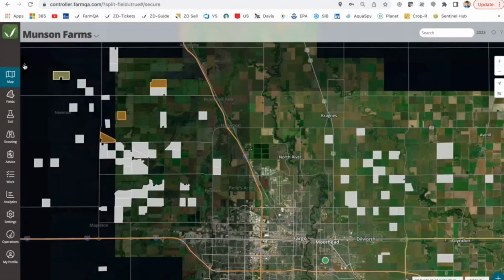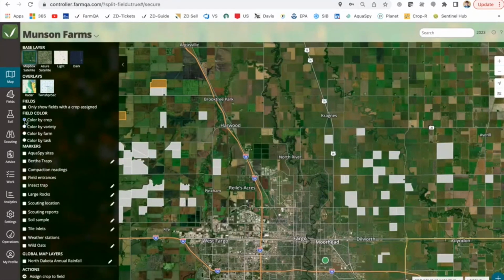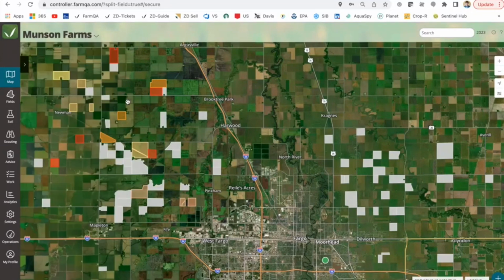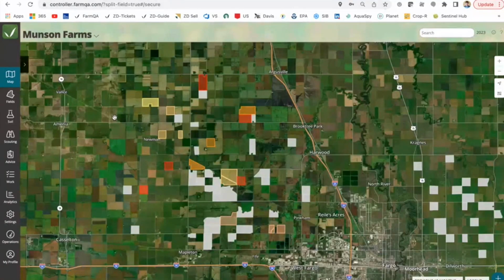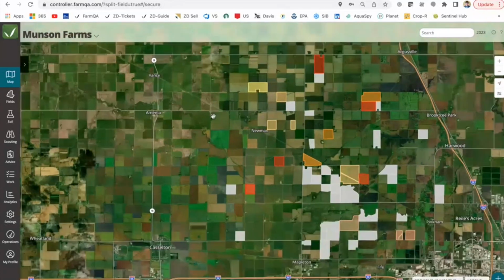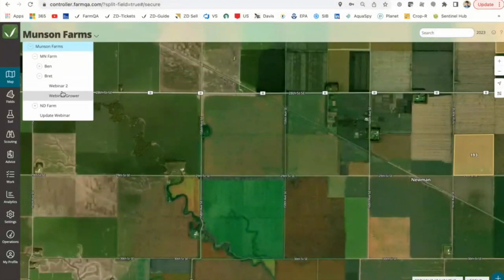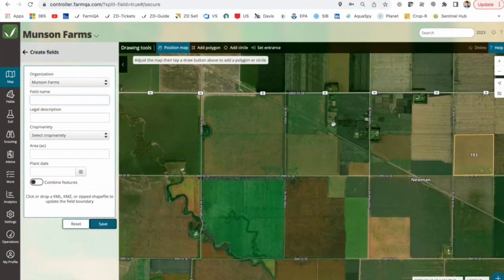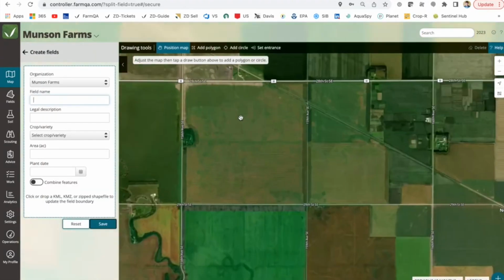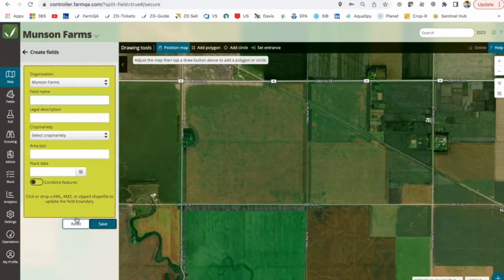So I'll get back into my 2023 account. And what I'm going to do at this point is add a new field, and it's going to be for the new grower that I just added. So let's say I come in here, and now we can see those 2 new folders, webinar grower and webinar 2. If I click my blue plus button on the bottom right, I can now add a boundary. And so this is the process. If you're going to just draw this from scratch, this is the process to take. If you have an existing file, you can drag and drop it over here,